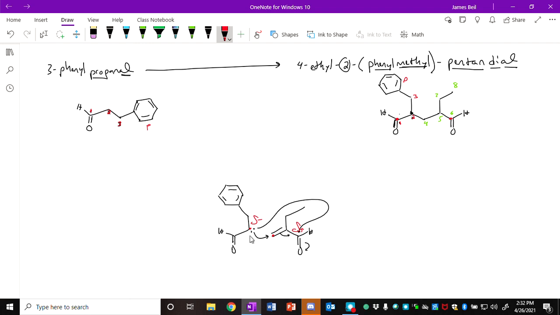So the first thing I want to do is to take the compound that I have that I want to make a nucleophile out of, and instead of making an enolate, I want to make an enamine. So my first step here is going to be to add a secondary amine, an amine with 2 R groups and an H, plus catalyst. And that will convert the aldehyde into, initially,